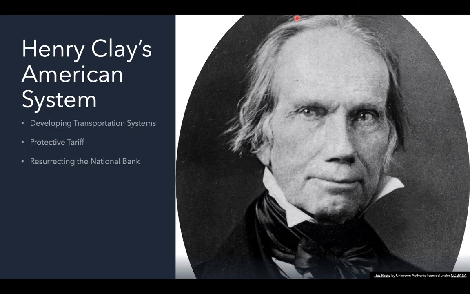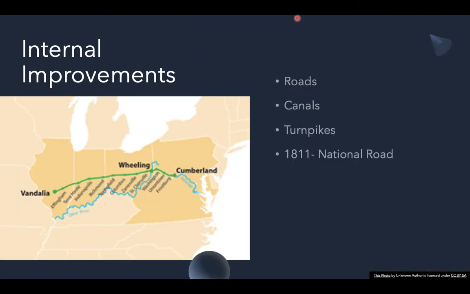So, as Henry Clay explained it, the American system was to unite America's economic interests. Meanwhile, we're going to predominantly have different areas of the country producing certain things: agriculture in the South, manufacturing in the North. A national currency is going to be needed. As you might imagine, though, with these three things, not everybody's going to agree on how they're done, and that's some of what you're going to see as a result of this. But let's look at some of the internal improvements first.